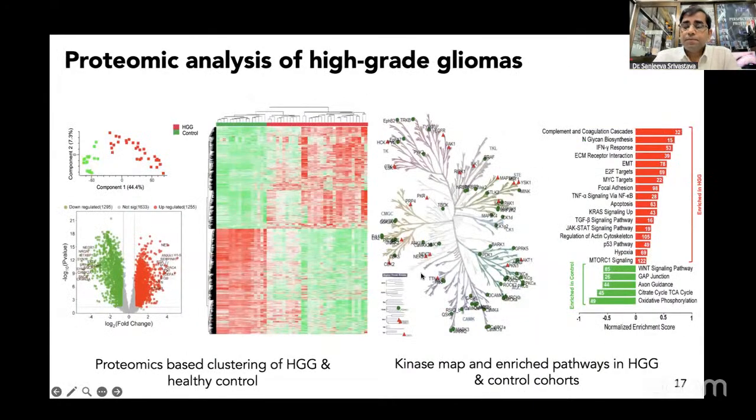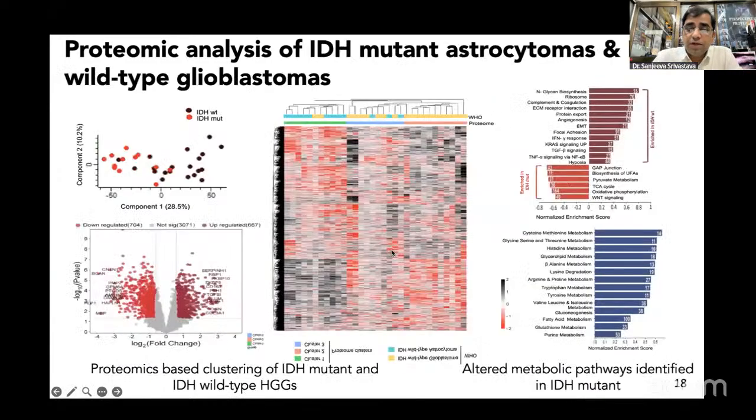We also looked at how different types of kinases and the entire proteome are changing in the high-grade glioma as compared to the control or low-grade gliomas, the general broad brain tumor. One mutation which is already well characterized in glioblastomas and brain tumors in general is IDH, isocitrate dehydrogenase, which, as you know, is very important for metabolism. IDH wild type and mutation is currently one of the standards for the classification scheme of these tumors. So we also looked at how different clusters are emerging based on the IDH